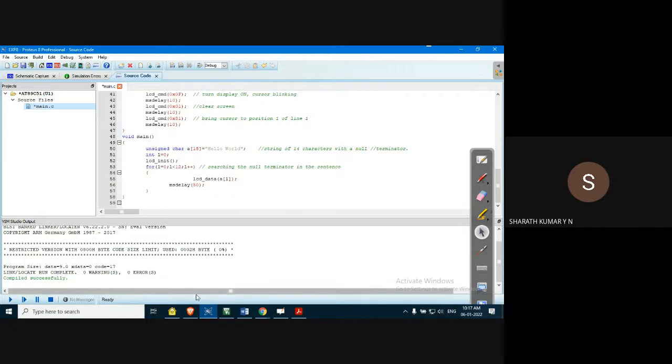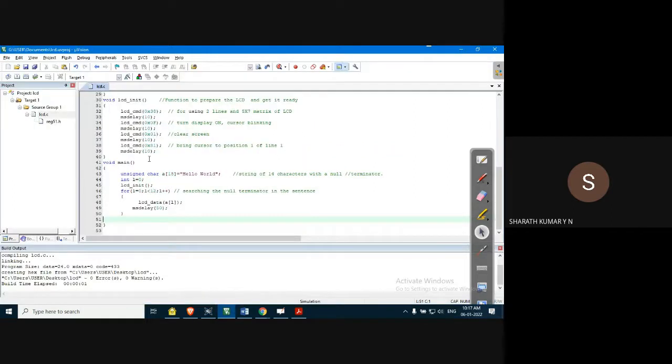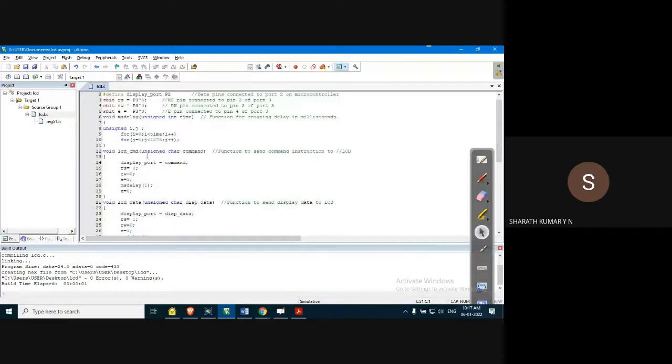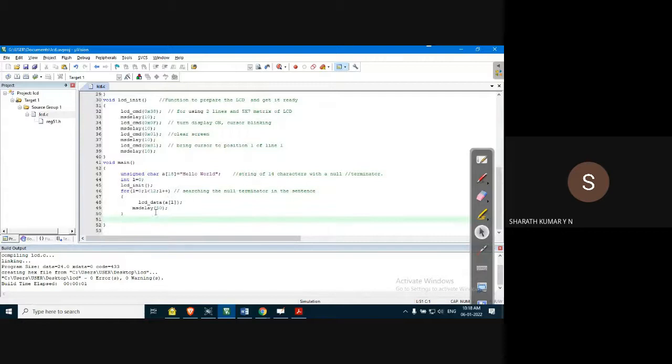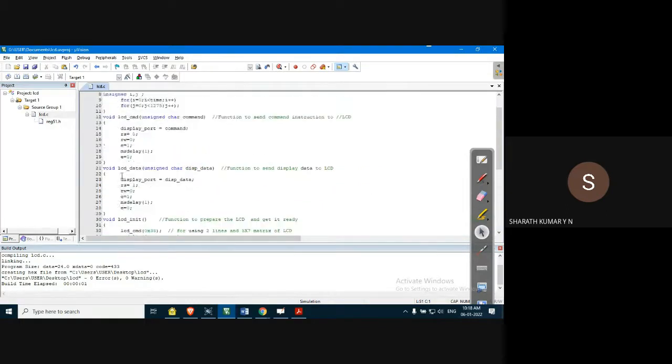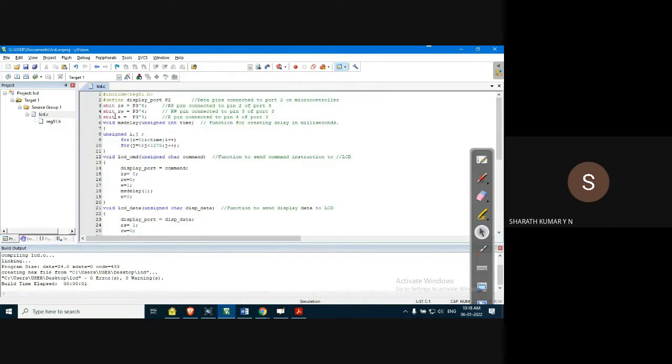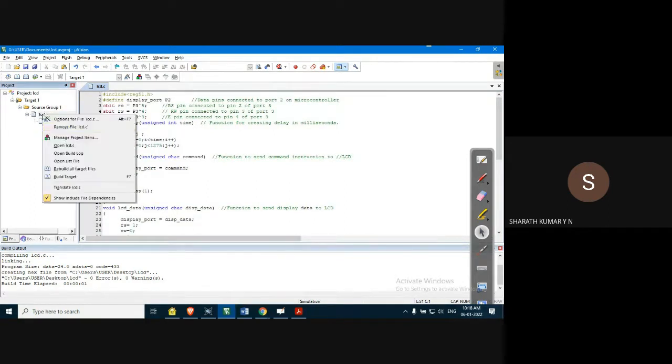The other possibility is that since we are familiar with the Keil compiler, you can generate the hex code using the Keil compiler. I think I have written this program for the scrolling display. Is it a scrolling display? No, it's not a scrolling display, just a normal display. Let us do this program. You can take the program in the Keil compiler and generate the hex code.